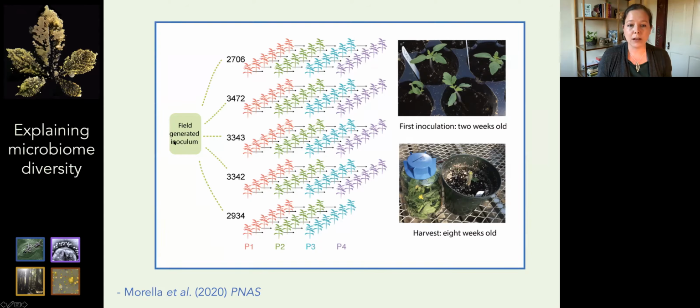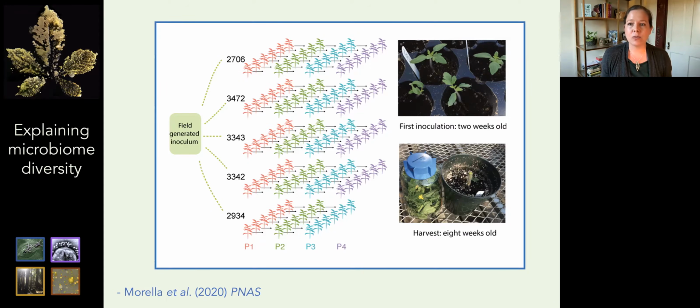We combined it into a single inoculum, though, and sprayed all replicate plants of 5 different tomato genotypes with this inoculum. We sprayed first starting at 2 weeks old, and then we sprayed weekly until week 7. And then at week 8, we harvested the plants, and we sonicated off all of the microbes from that above ground component of each line. And then that microbiome became the inoculum for the next plant in the next generation. Okay, so all of these lines were independent of one another. There was no mixing of microbes. We did that for 4 passages.